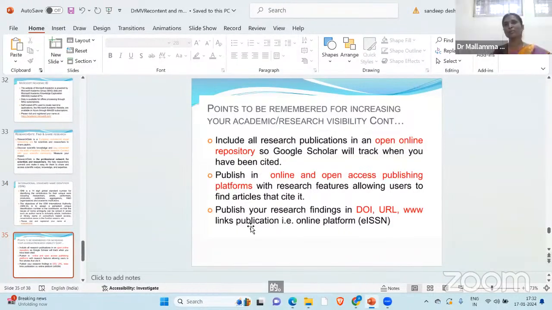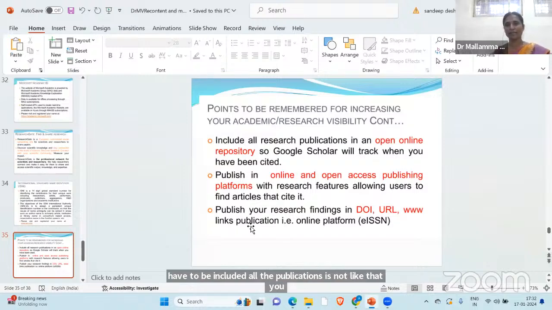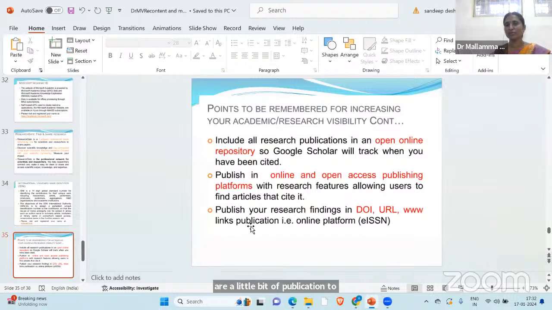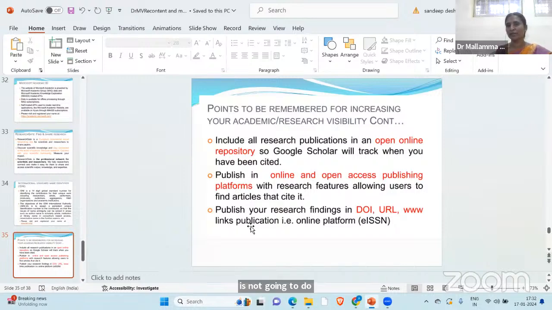Okay, then the points to be remembered for increasing your academic and research visibility: you have to include all the publications. It's not that you add one publication today as a trial and one NCAPT as it is. There is no use in doing so because it is not going to increase your citations, nor will researchers read your work. Then publish in online and open access publishing platforms rather than offline, because that is not visible to candidates.